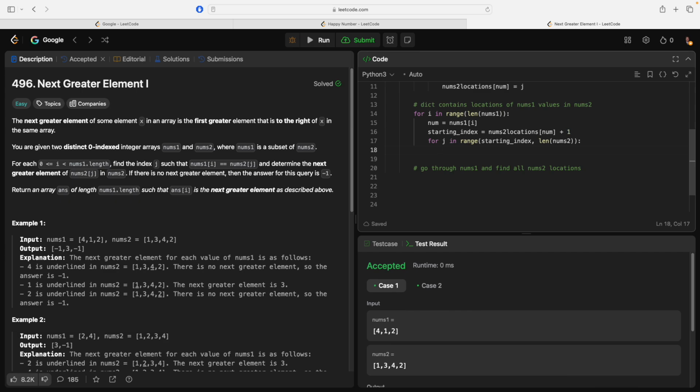Starting index up till length of nums2. We're going to say if num is less than nums2 j, break. And before we do that, we need to actually set the value. We're going to say answer i equals